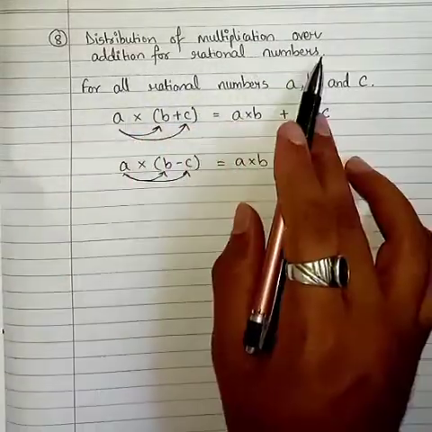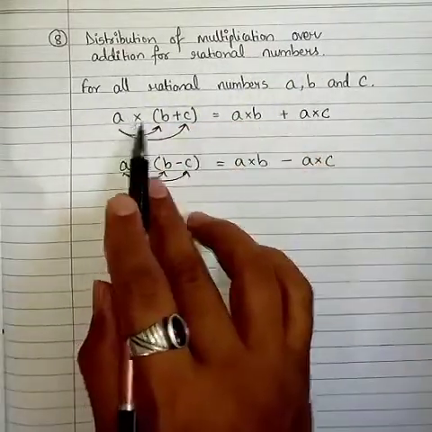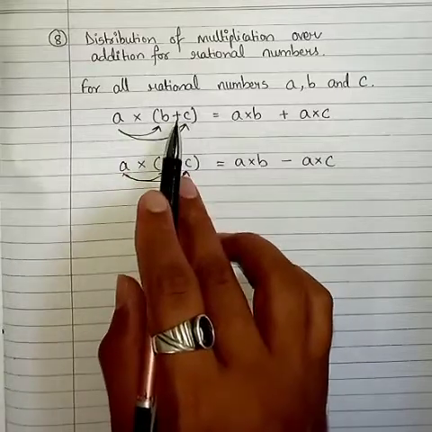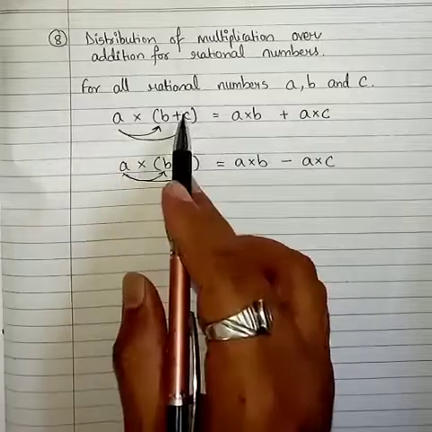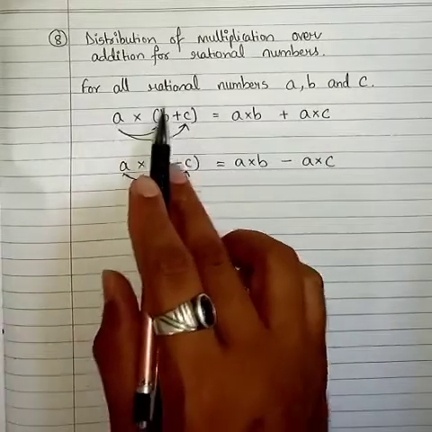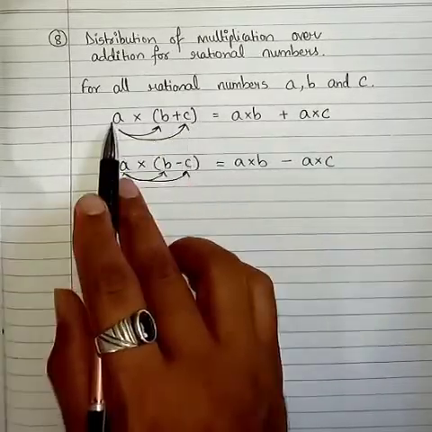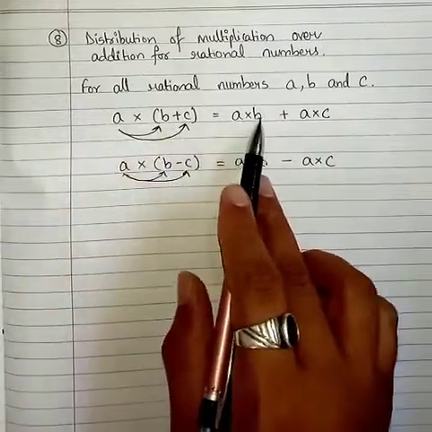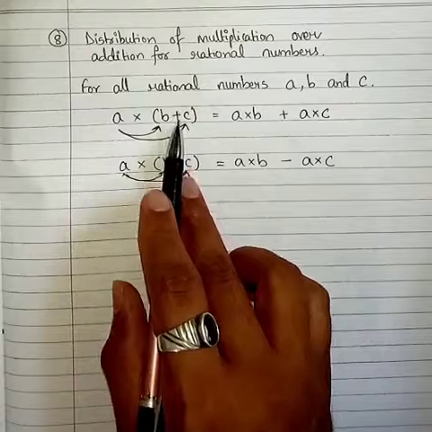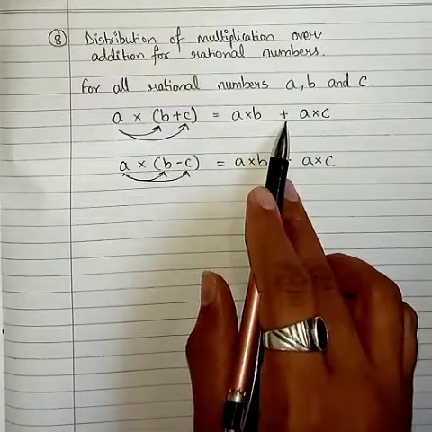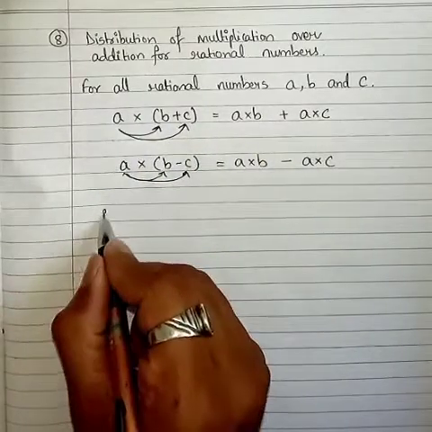एडिशन फॉर रैशनल नंबर, यानी मल्टीप्लिकेशन ओवर एडिशन, एडिशन के ऊपर हमको मल्टीप्लिकेशन करना है, तो उसमें नंबर डिस्ट्रीब्यूट हो जा रहा है। जैसे देखिए a मल्टीप्लाई बाय b प्लस सी, तो हमने a को पहले b से मल्टीप्लाई किया है, फिर a को मल्टीप्लाई किया c से, और ये जो बीच में एडिशन था वो एडिशन यहाँ अप्लाई हो गया। तो इसका एक एग्जांपल देख लेते हैं, आपको इजीली समझ आ जाए।